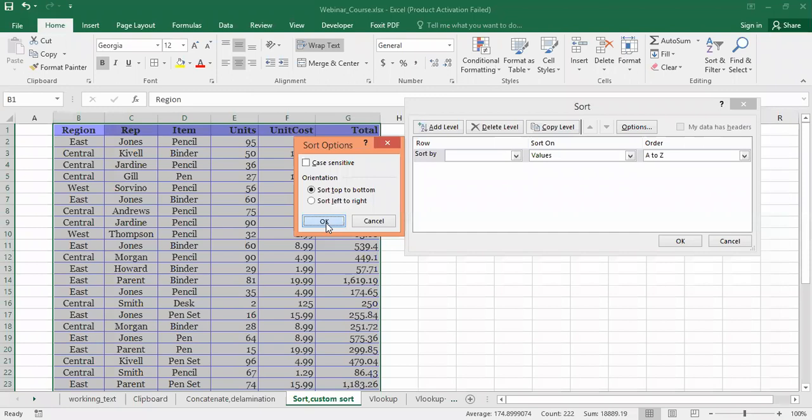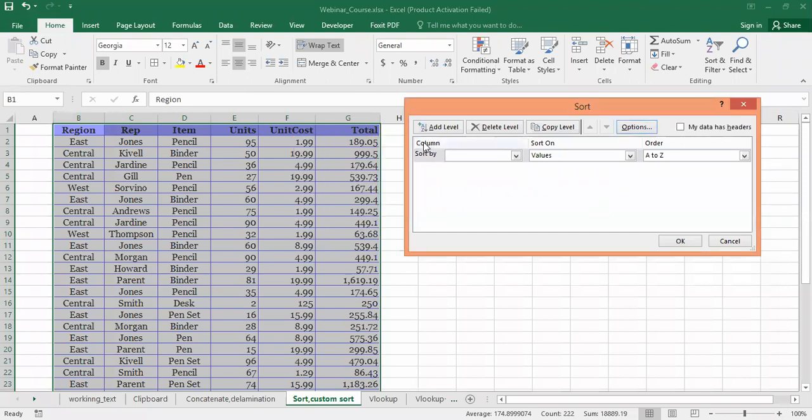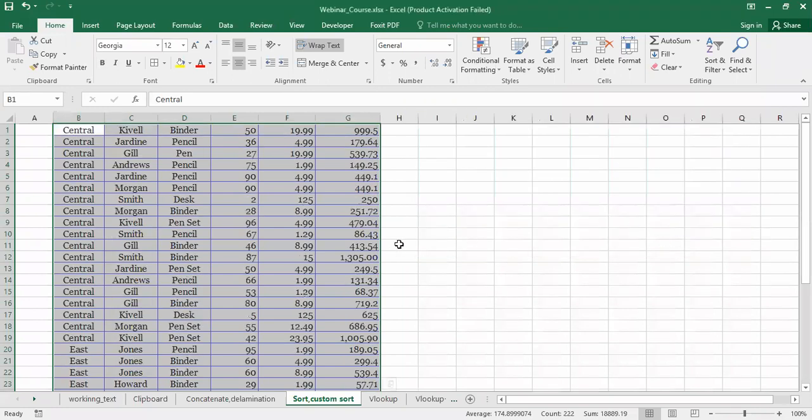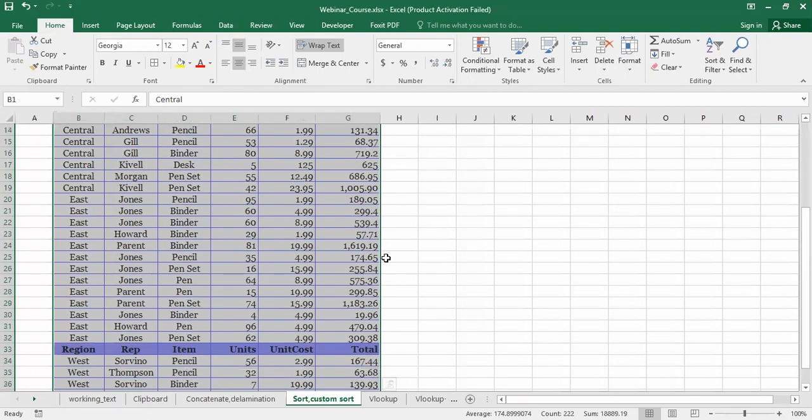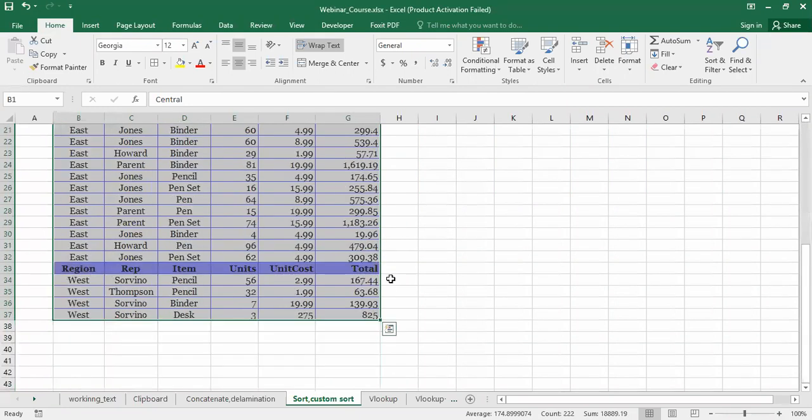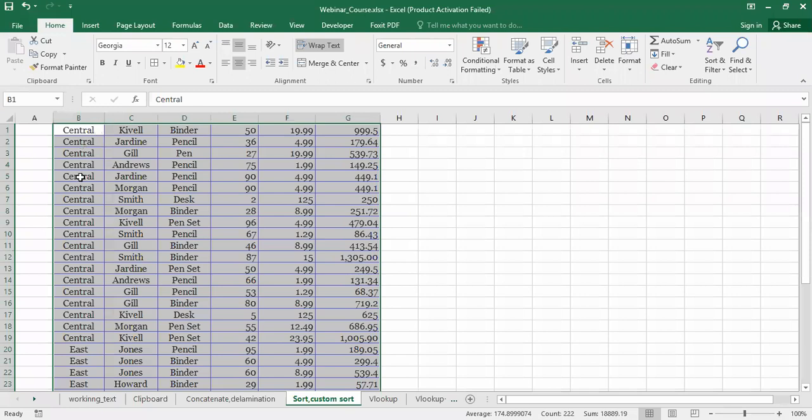So I will press OK. Now you can see over here a column has appeared. So now we have options available here. Sort by, I want to sort by which column, say B column. So I will choose B, then on what basis, the values A to Z. So I'll put that here. By mistake, I selected this also, but no problem. You can check that this has been sorted with respect to column B.